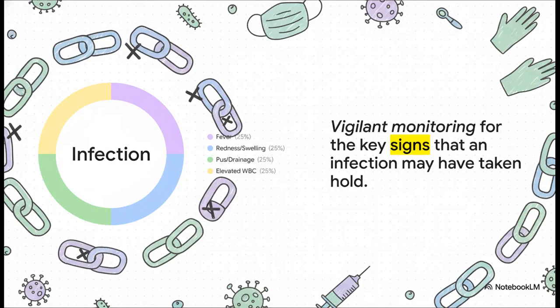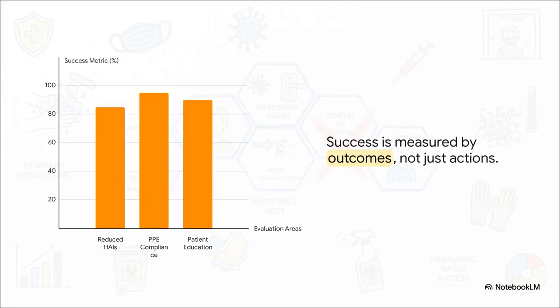You know, even with the best defenses, you have to be vigilant. Professionals are constantly monitoring for those telltale signs of infection, things like a fever, swelling, or changes in lab results like a high white blood cell count. Catching it early is everything. And of course, success is measured with data. Our healthcare-associated infections, we call them HAIs, are those numbers going down? Are staff actually using their PPE correctly? Do patients get what their role is? These numbers are what tell us if the